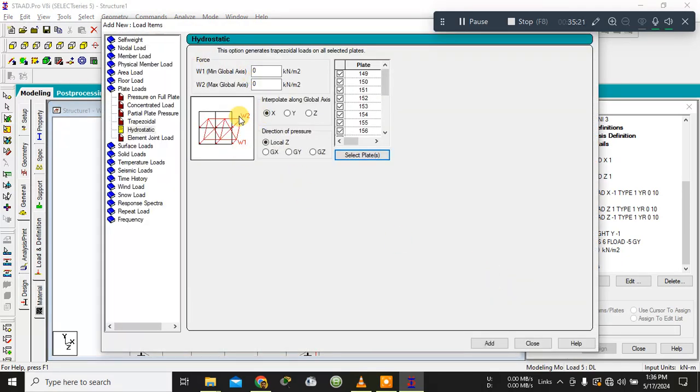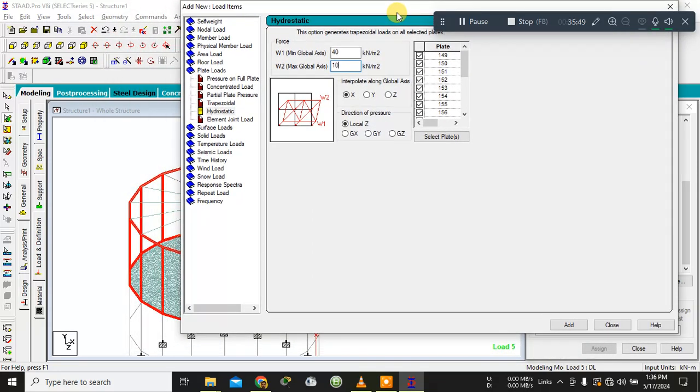Now what will be the pressure? As you can see here, W1 is at the bottom and W2 is at the top. So W2, though it's written maximum, but always the pressure at the bottom of the water tank is maximum, so W1 will be maximum. So keep this one as 40 and keep this as 10 and interpolate along global axis. What is the direction of pressure? The direction will interpolate along the y-axis, but the direction of pressure will be along the local x-axis. So click on add,